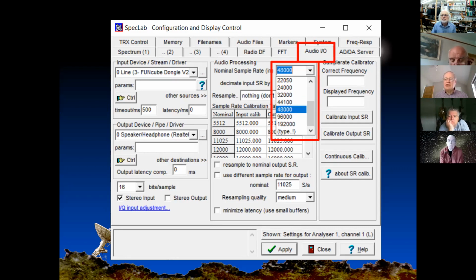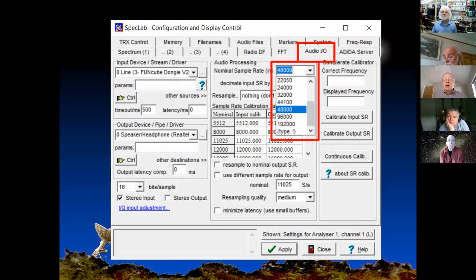The typical sound card in a computer works at 48,000 samples per second, so a sampling frequency of 48 kilohertz. But you can get external USB sound cards that work at 96,000 or even 192,000. And the advantage of those is that it gives you more bandwidth to look at. You can look at a wider range of